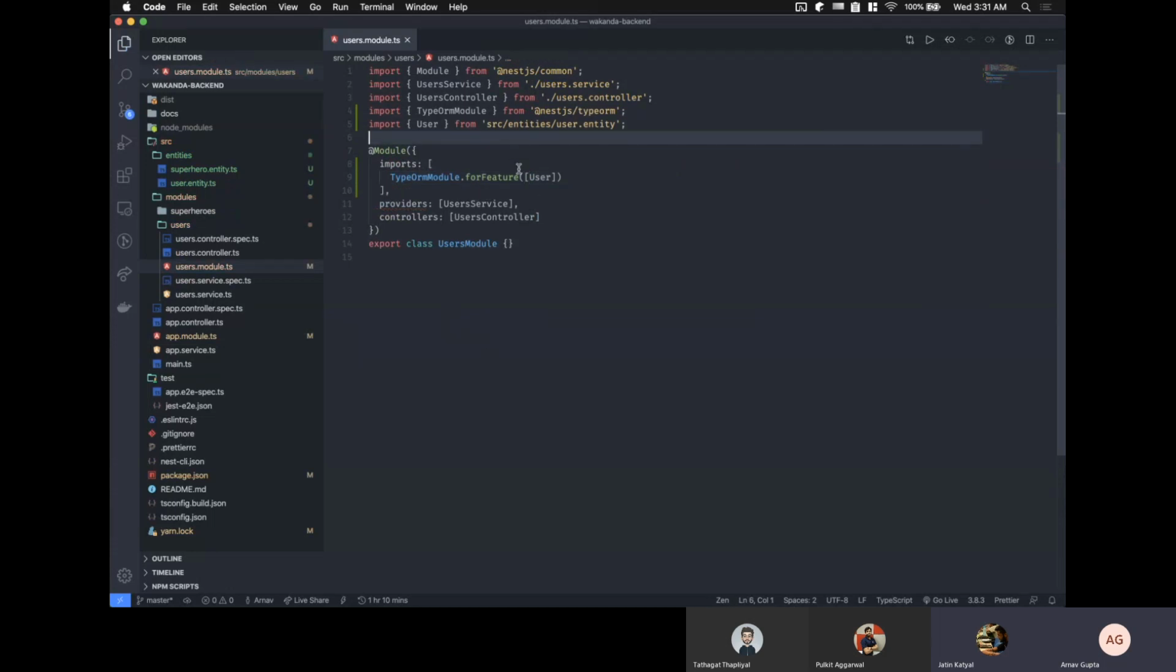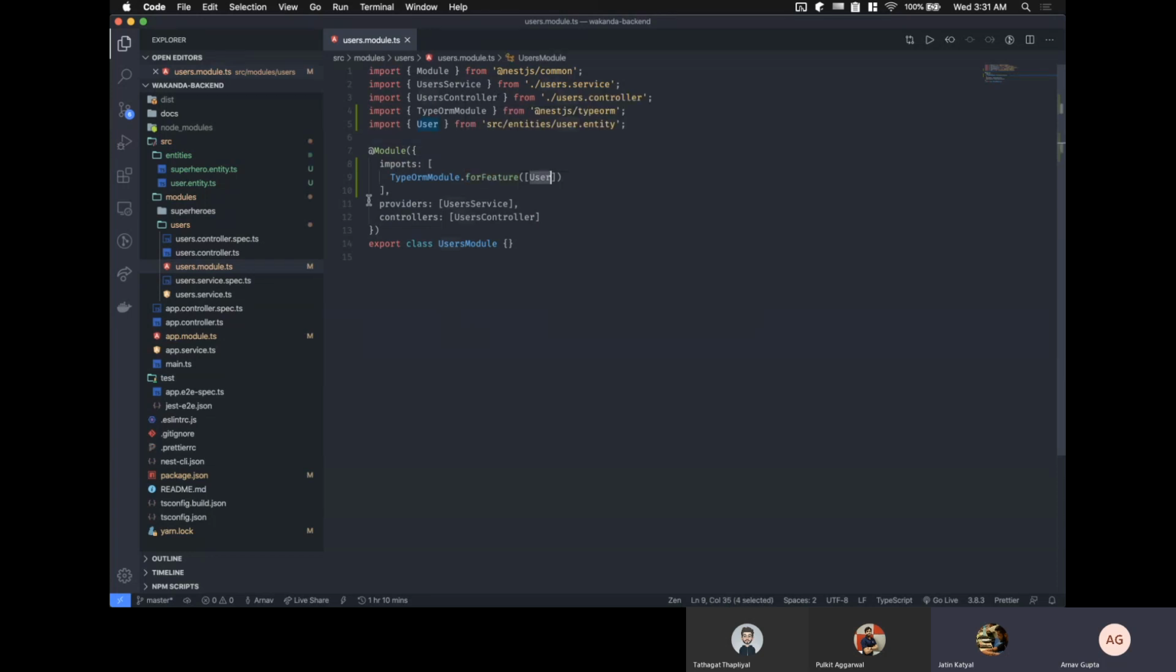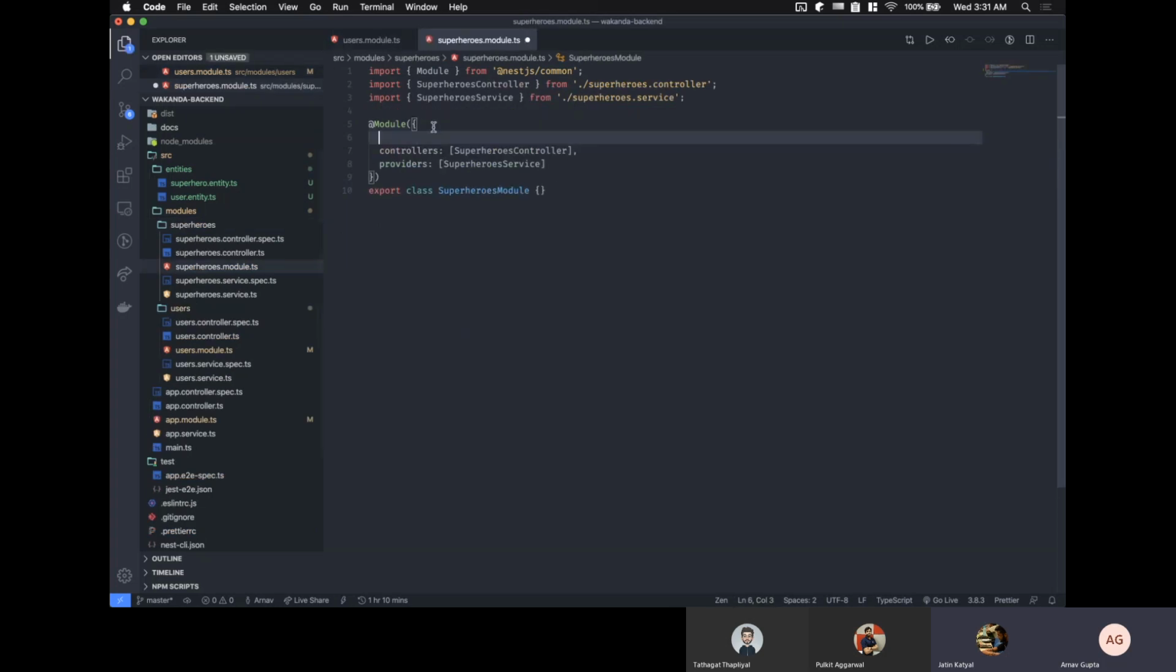So there's a TypeORM module for feature function which generates only the entities for module level. So user module needs user entities. It might need superhero entity too as well. We will see. If it does, then we will have to add superhero class here as well. We'll see that. And the superhero module will need superhero thing. So we'll need imports, and here we'll do